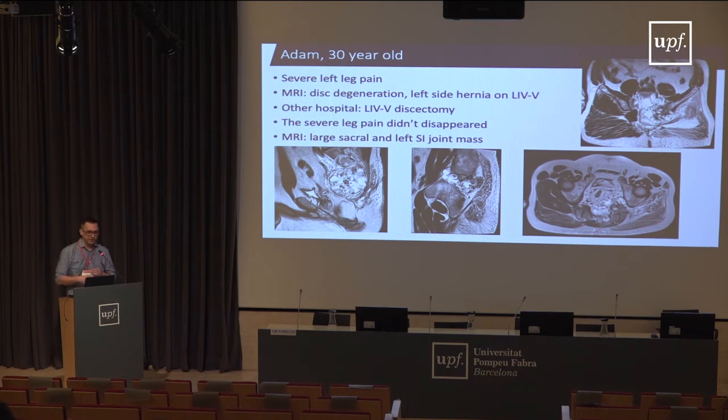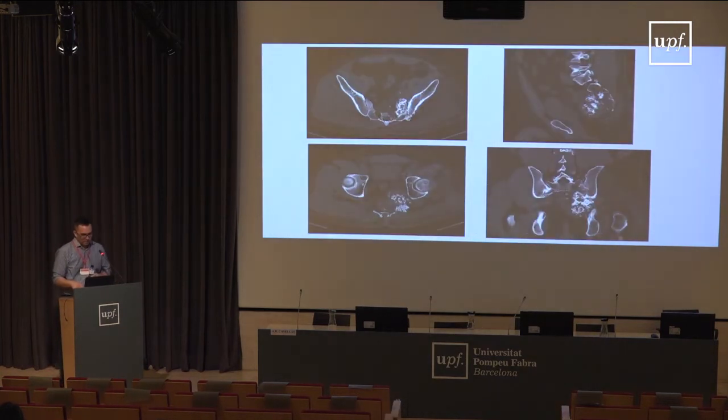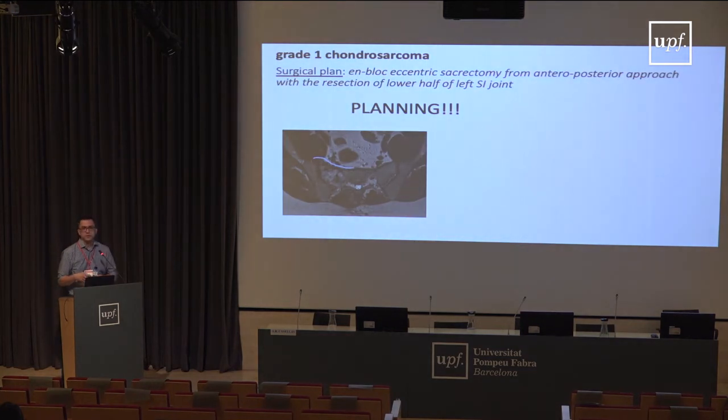A new MRI in our hospital showed that there is another reason for the leg pain, and it was a tumor. It was a big tumor in the lumbosacral, in the sacroiliac area, compressing the sciatic nerve and so on. Here you can see the CT images of the characteristic of the tumor. Based on that and then on the biopsy, it was a chondrosarcoma. Chondrosarcoma is a malignant tumor